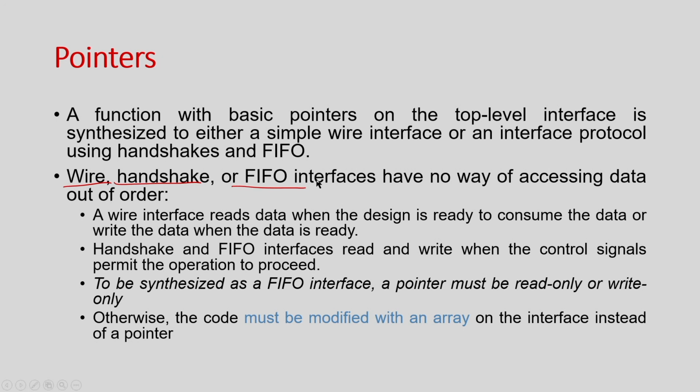So, wire means basically, if it is a wire at the interface, it means that you are going to read the data only when the data is ready to consume. So, basically you can have a handshaking signal, right. So, you get a data valid, and in the next clock whatever value is coming is read, or before computing this you send a signal that this is a valid data, and then you send the data in the same clock. So, you send this data valid and the data. Now the receiver process understands that the data that is coming is valid data, right.